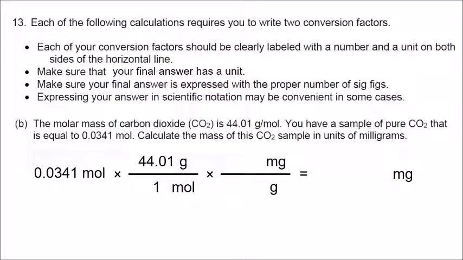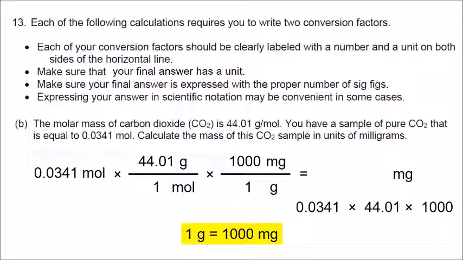The second conversion factor, we have to know what the prefix milli stands for and what it means. So milli is 1,000th of the base unit. There are 1,000 milligrams in 1 gram. So 1 on the bottom and 1,000 on top. So we're almost done. We have to do the math, starting with 0.0341 times 44.01 and then times 1,000. If we do this on our calculator, we get an answer of